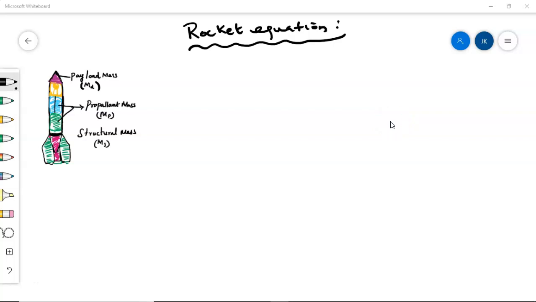In this session, we are going to discuss the rocket equation. How are we going to derive the equation for the rocket? Before we derive the equation, we need some basic concepts which we can get from Newton's laws, especially the second law